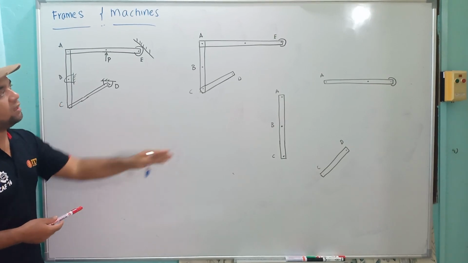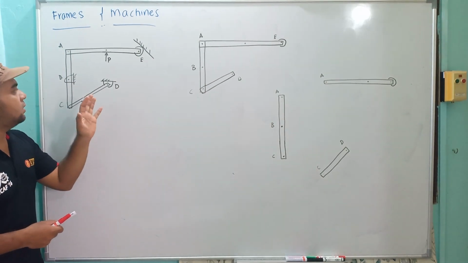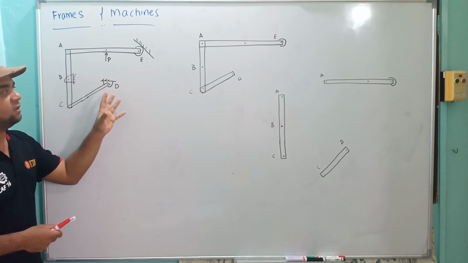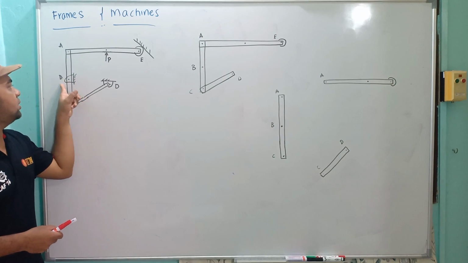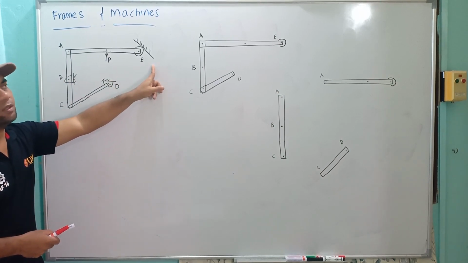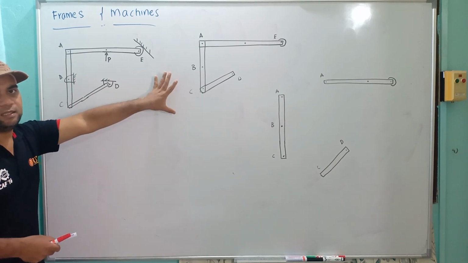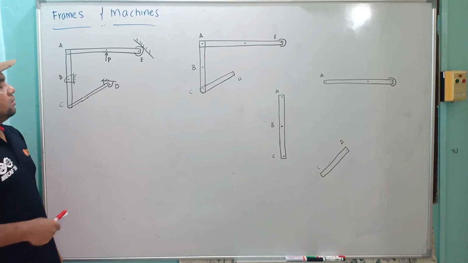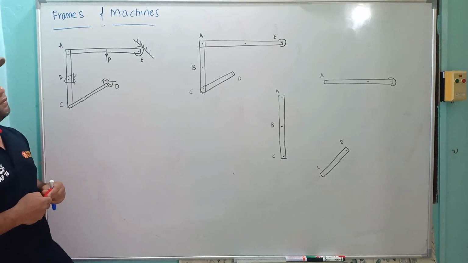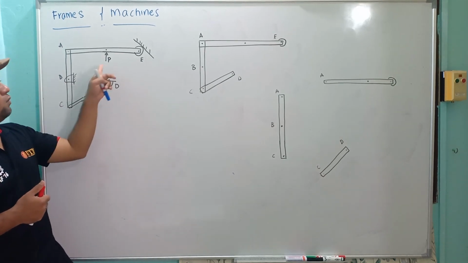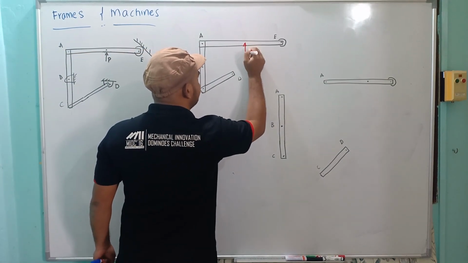So let's start with the first one, the overall free body diagram. Okay, like normal. We will take away the pin joints, the joints that hold the component at the end, which is this one. We have one pin joint here, one pin joint here, and one roller here. So we take away all these connections to take the structure itself. Okay, now we want to draw the free body diagram. We start by looking at the mass. There is no mass involved. Looking at the external forces, here we have one external force, so we put P here.